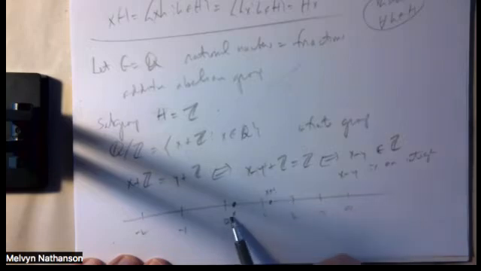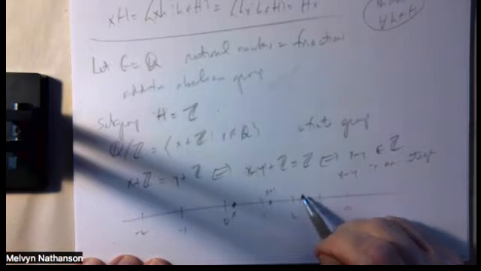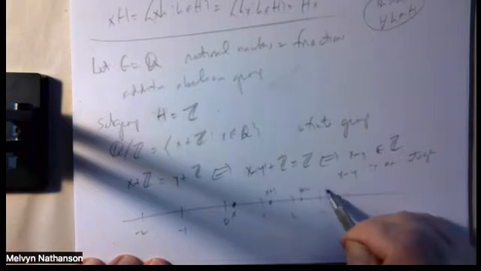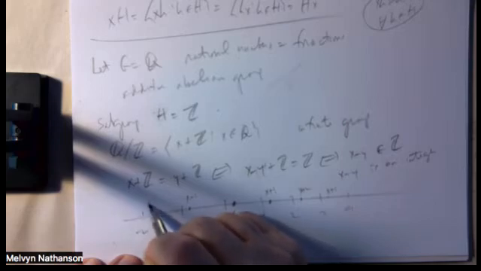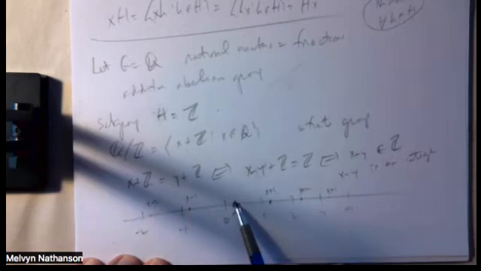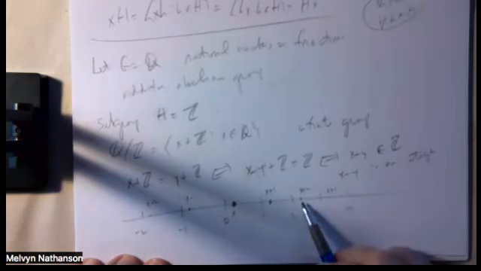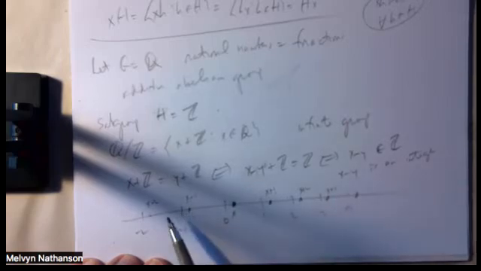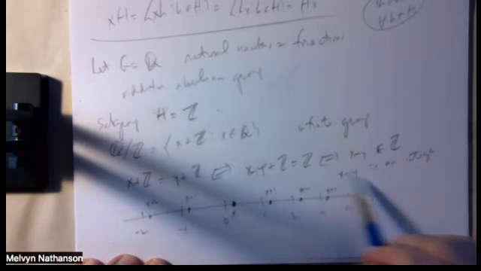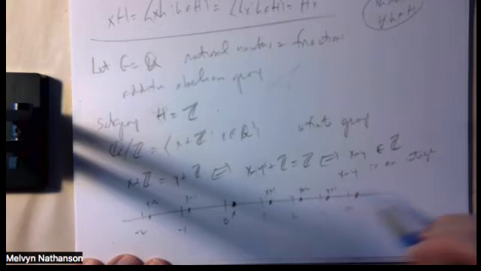It's an integer. So x plus 1 is in the coset of x. And similarly, x plus 2, x plus 3, x minus 1, x minus 2. If I just take this point and look at all of its images periodically as I move to the left and the right, shifting by 1, this whole infinite set